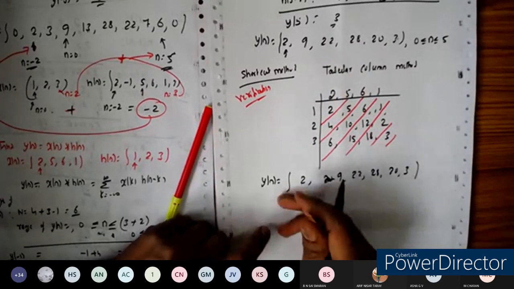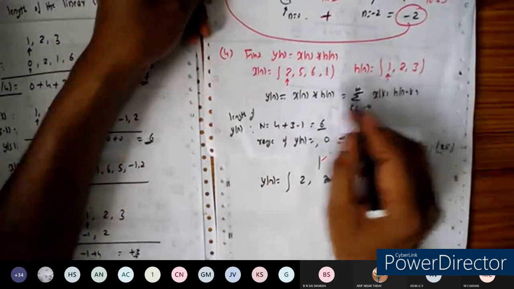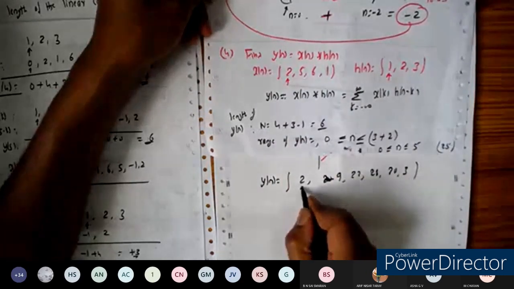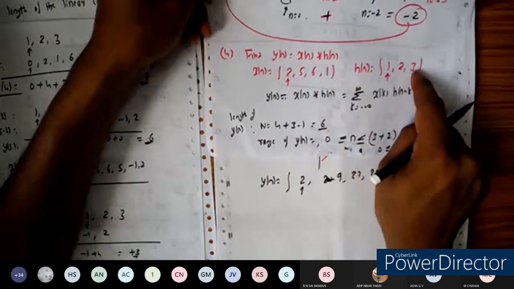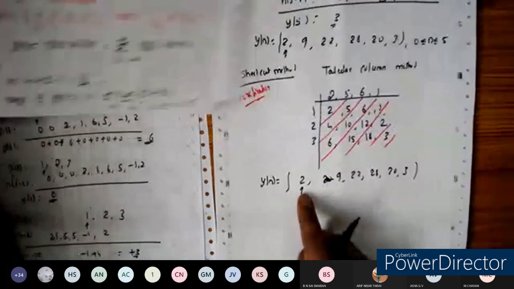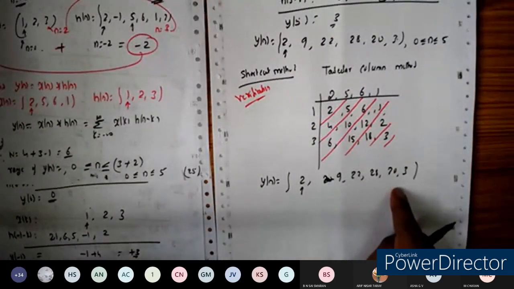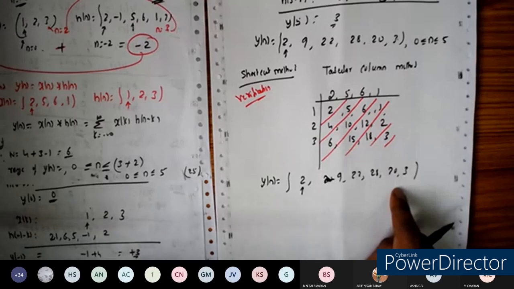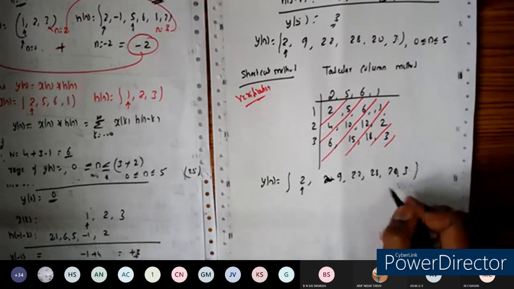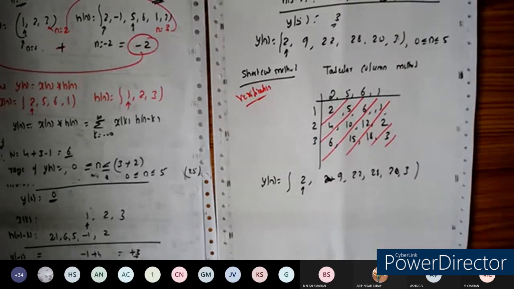Now let us decide about the origin. How to decide about the origin I told in this one. So this is the origin of this one, and this is the origin of this one. So 0 plus 0 will become the 0 here, and upper time index. So 1 plus 3. Sorry, it is 3 plus 2 will be the 5. We will get the upper origin here. So like that you can use this shortcut method. Within 1 minute you can do this one, and you can verify the answer you got here. This you are supposed to use only for verification purposes or for competitive exams, not for regular exams.